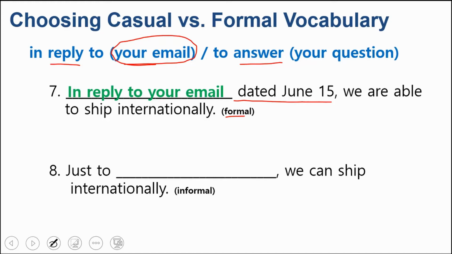"We are able to ship internationally." We are able to, instead of we can, right? It sounds more formal. Number 8, "Just to answer your question, we can ship internationally." And by the way, of course, it's not just that "answer" is less formal, but "just to" is very informal, but also a very common way to write emails when you want to express the idea that there's no special reason for doing something, or it's just something that you're doing very quickly: "just to answer your question," or very commonly,